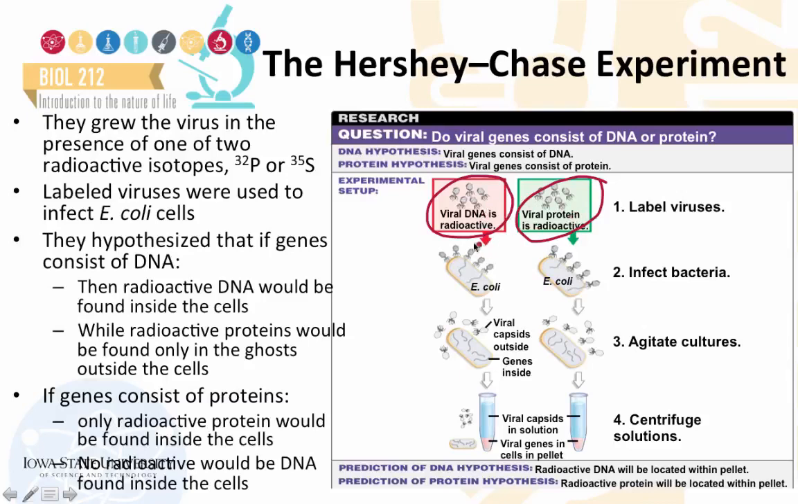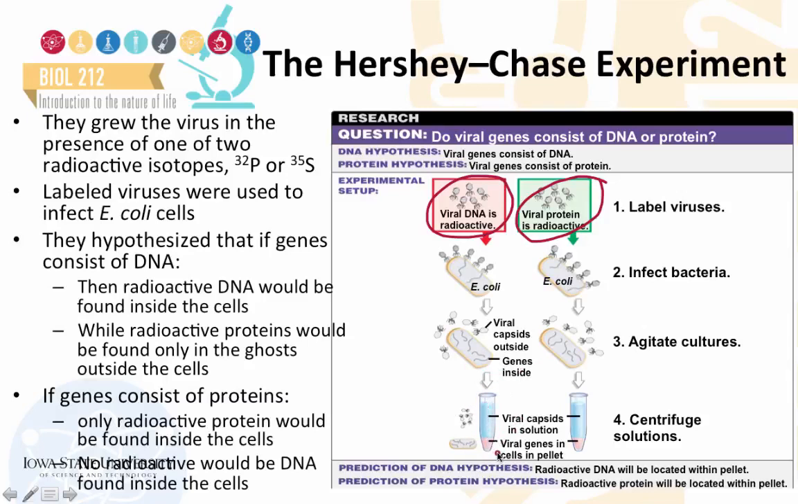These labeled viruses were then used to infect E. coli cells in 2 separate test tubes. The scientists hypothesized that if genes consisted of DNA, the radioactivity would show up inside of the bacterial cells. This can be determined by actually physically agitating and separating the viral particles from the host cells that are infected, that contain the viral genes inside of them, and spinning or centrifuging the cells. Since the viral particles are lighter than the bacterial cells, they would end up in the top layer called the